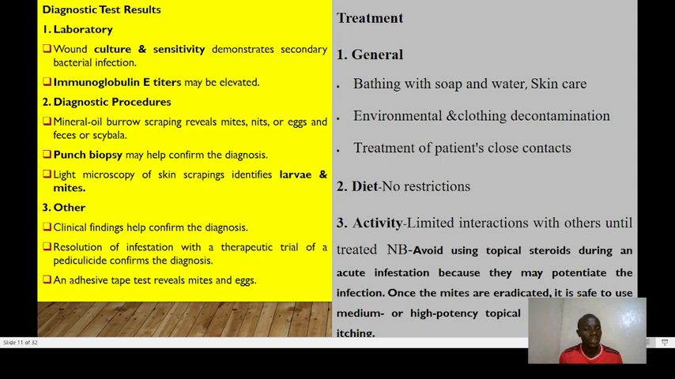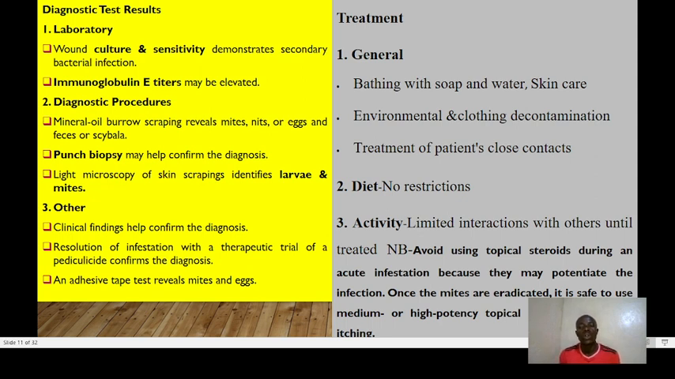Clinical findings also help confirm the diagnosis. Resolution of the infestation with a therapeutic trial of penicillin confirms the diagnosis. An adhesive tape test reveals the mites and the eggs. For general treatment, you find that bathing with soap and water and proper skin care, environmental and clothing decontamination, and treatment